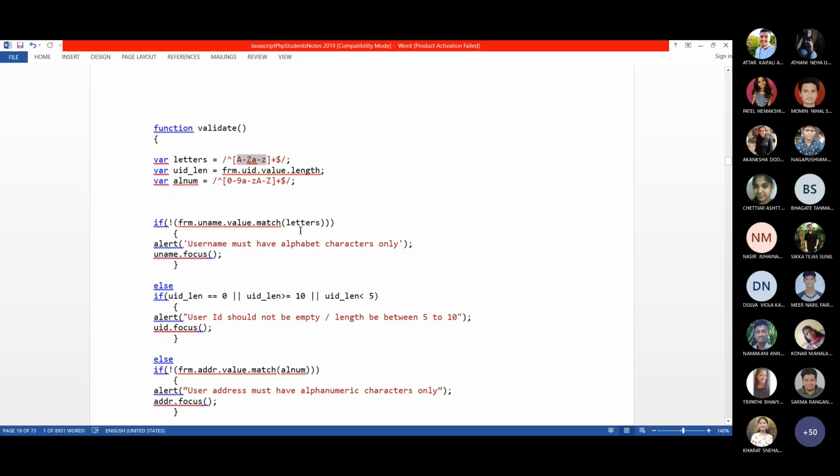If it finds, then what does it have to show? Username must have alphabet characters only. If this match returns null, then something other than capital A to Z, small a to z is entered. So that is not valid data for username. So you have to display some pop-up message. You know, to display the pop-up message,